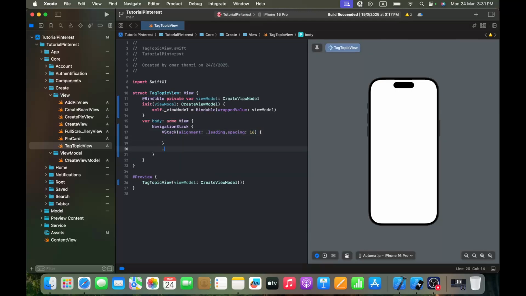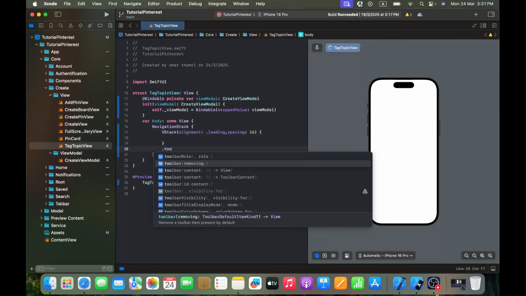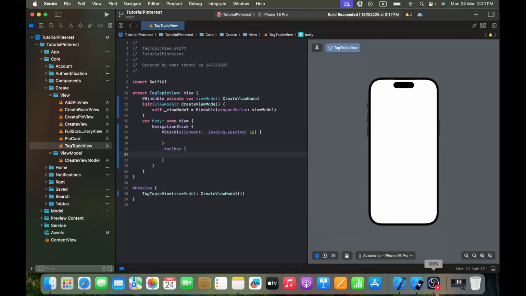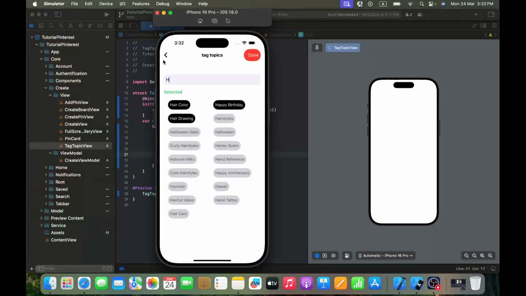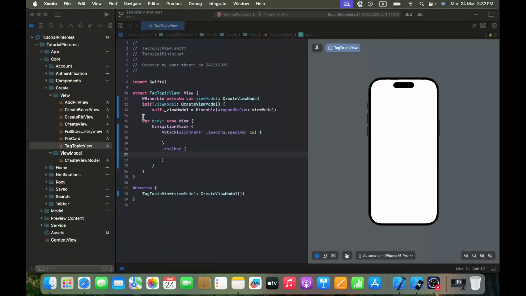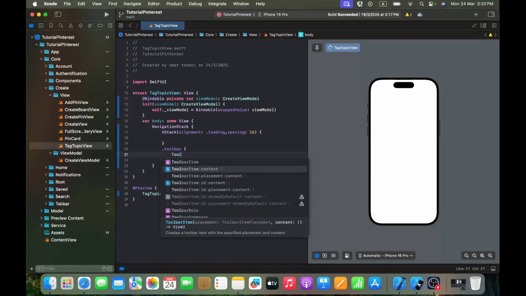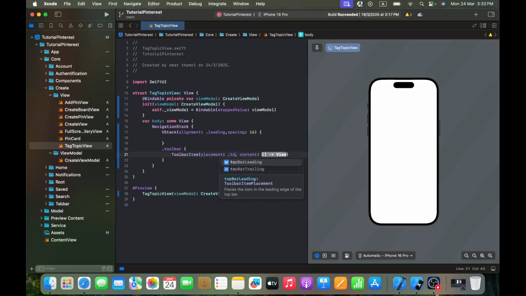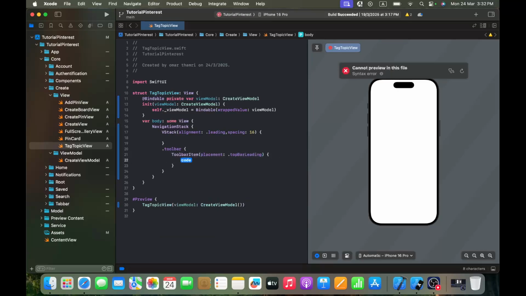Okay, and here I will add .toolbar, and as you can see, the first one is ToolbarItem of topBarLeading, where we got an image. So it will be ToolbarItem of topBarLeading, and here we got